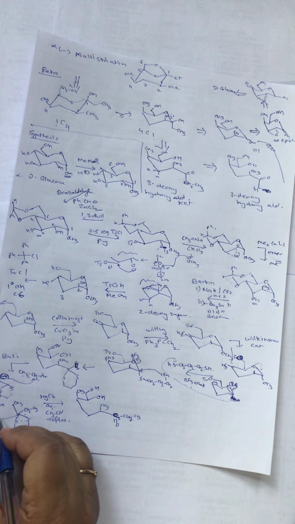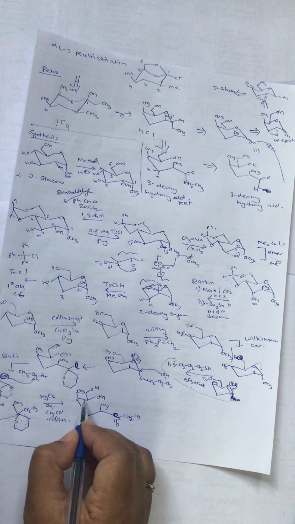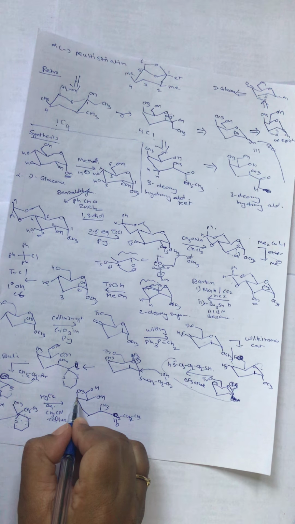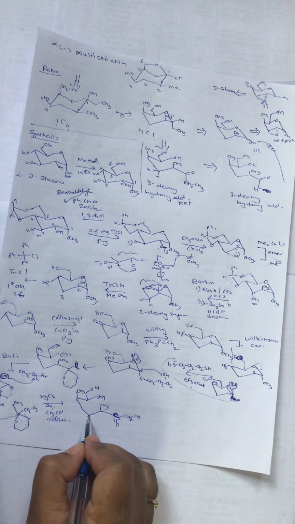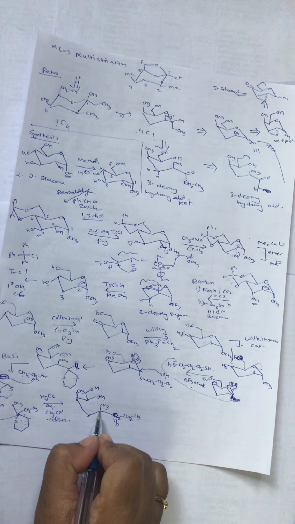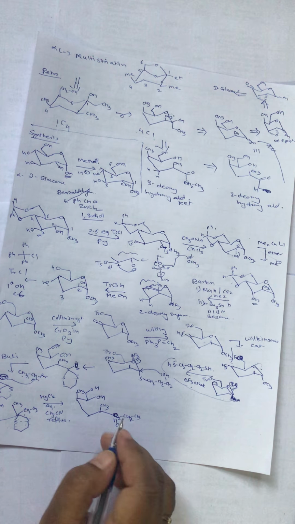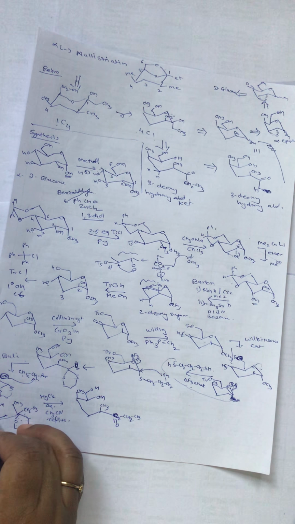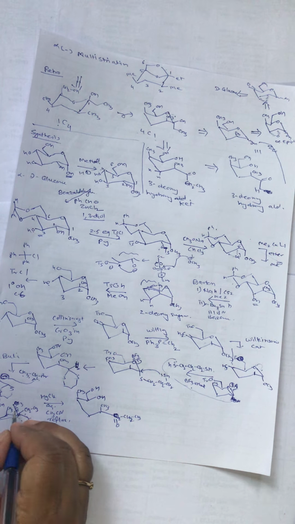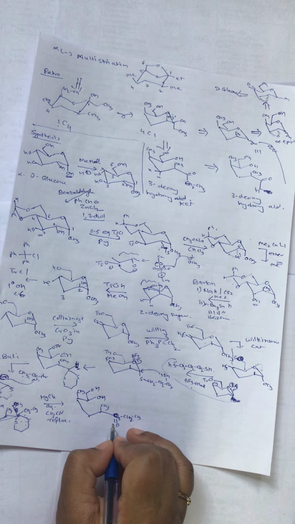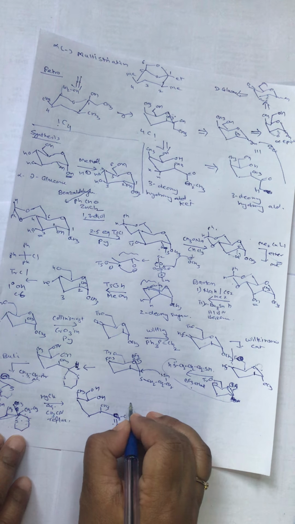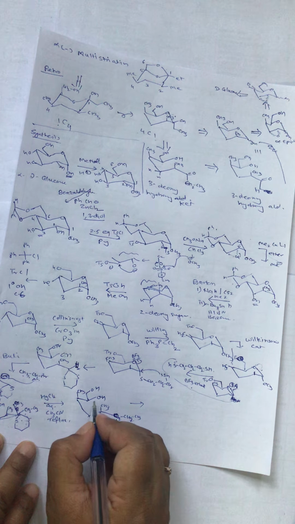Then there is one CH3. Let's count the number of carbon atoms. This is one, what we have, the OH, and then the carbon number 4 with the CH3, carbon number 3 with this, carbon number 2 with this. Okay, there was CH3 here. Sorry. Okay, so we will get a ketone formation like this,